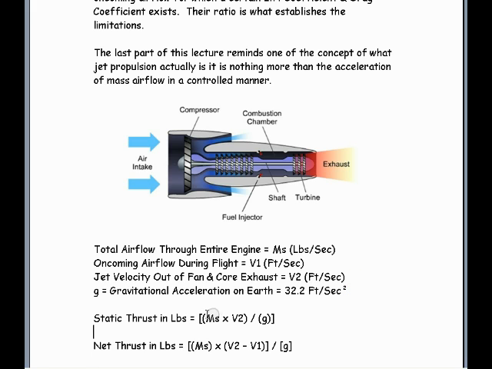And so if you just want the static thrust output when the engine's not moving, you just take the mass airflow in pounds per second times the jet velocity in feet per second, and divide it by gravity. And then if you want to know the thrust when the engine is moving, you simply take the mass airflow through the engine in pounds per second, multiply it times the difference between the jet velocity and the oncoming airflow in feet per second. Then you multiply these two out and divide it by gravity. So that's the basics of